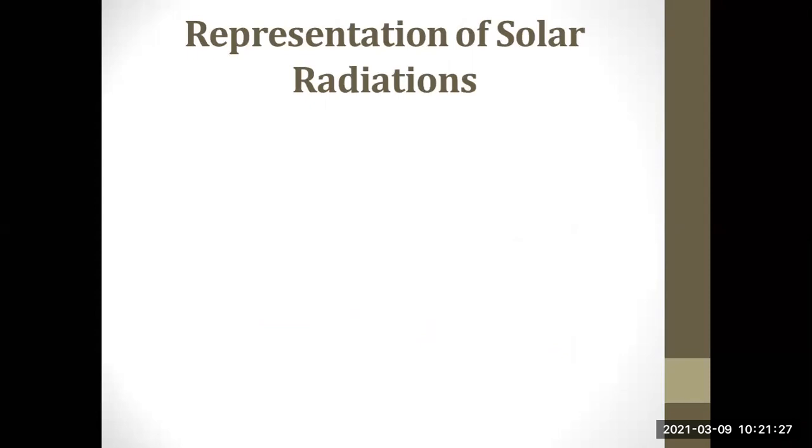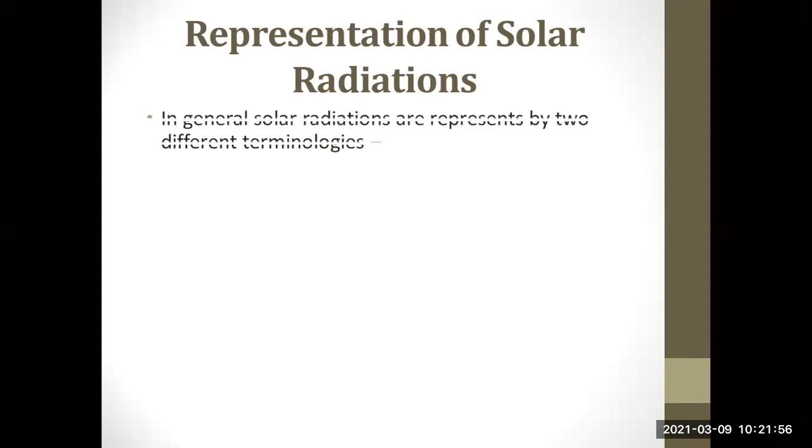In the same way, अगर मैंने 2 के आगे capital V लिखा तो that 2 indicates a potential difference, or a volt or voltage. In the same way, there are some standard universally accepted units commonly used to represent the value of solar radiation, so that you should know कि अगर इन फ्यूचर मुझे सोलर रेडिएशन पे काम करना है तो कौन कौन से डिफरेंट यूनिट्स मेरे पास अवेलेबल है जिसके थ्रू मैं सोलर रेडिएशन का डेटा रिप्रेजेंट कर सकता हूँ. So basically, in general, two different terminologies are commonly used in the field of solar radiation to represent its magnitude.